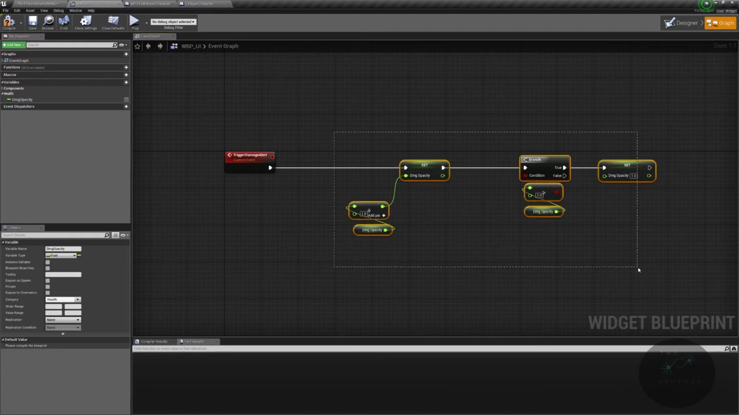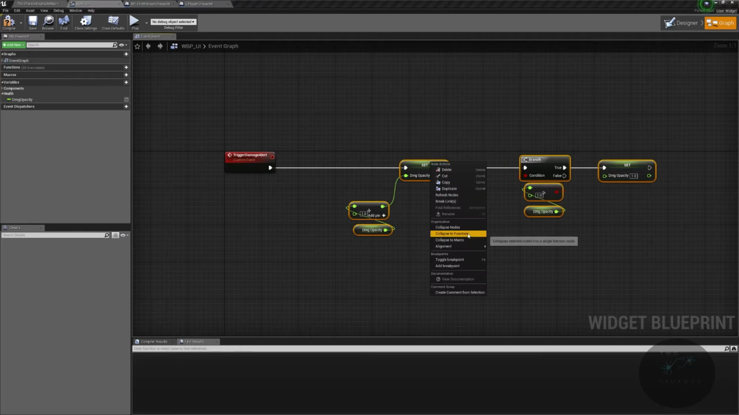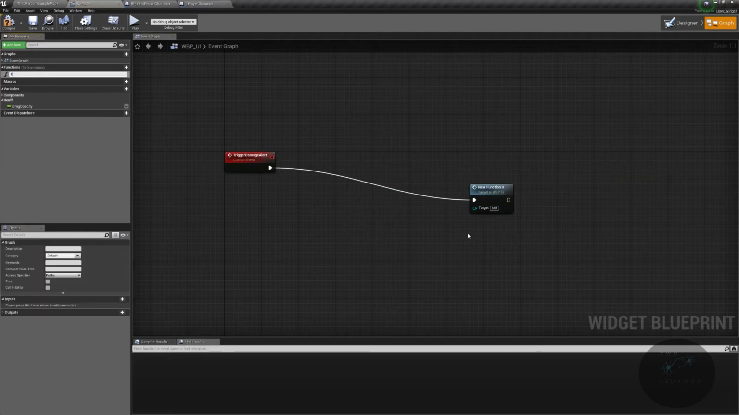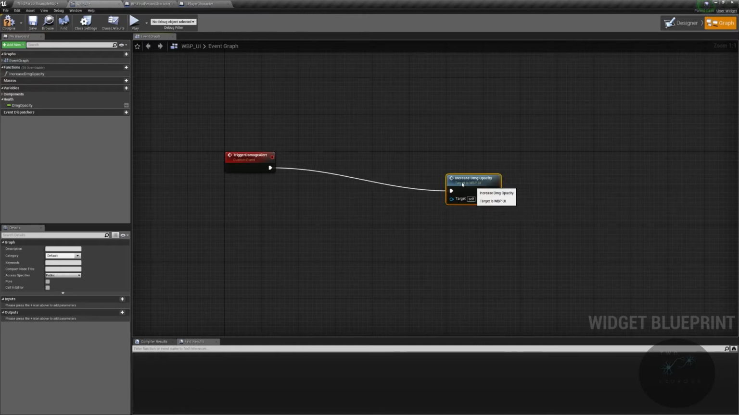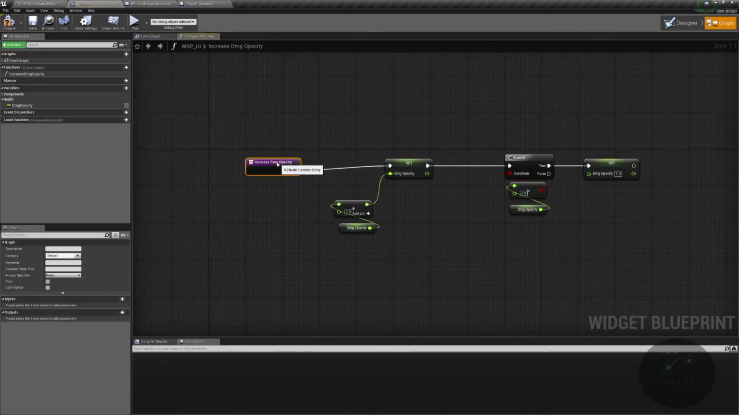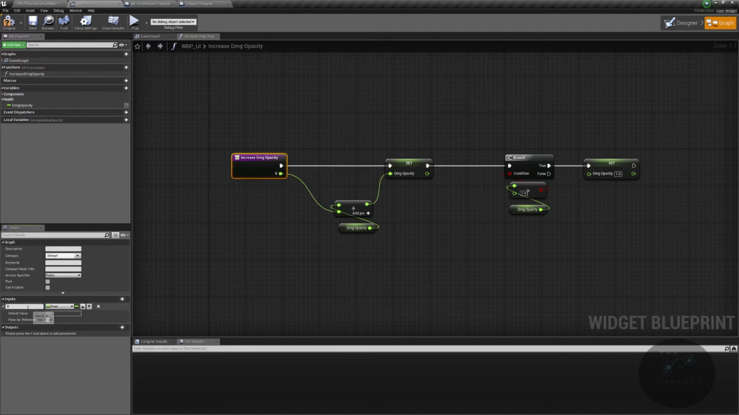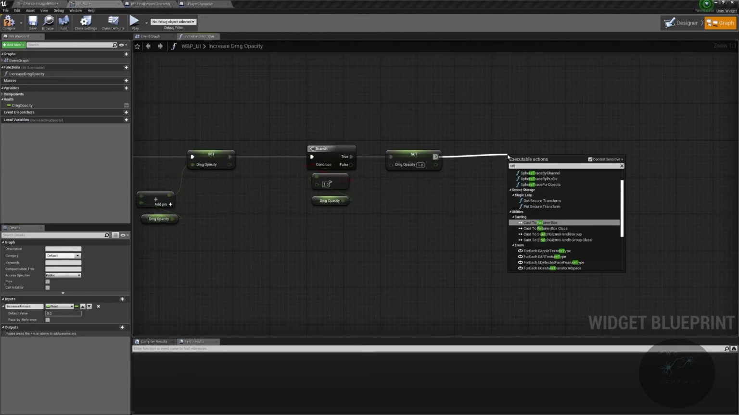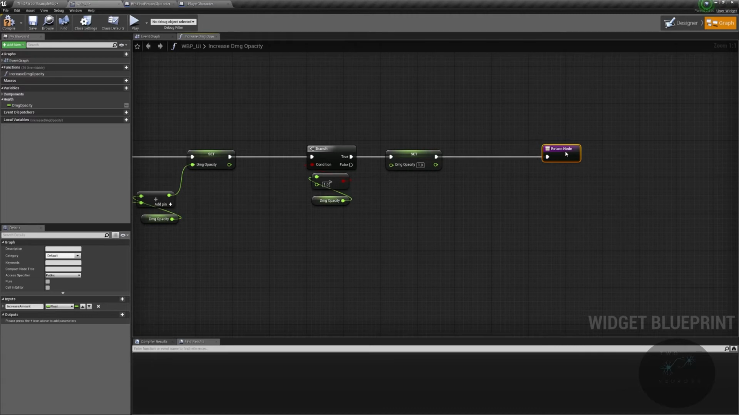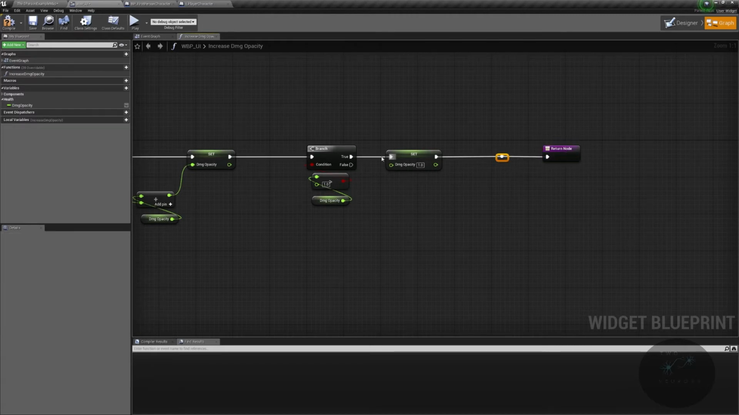Now what I'm going to do is take these nodes and collapse them down to a function. This function will be increase DMG opacity. I'm just going to open it up and plug that into there. This B will be our increase amount, and then I'll put a return node. And again, in good practice, just getting a habit with a false here, I'm going to plug that into that return,